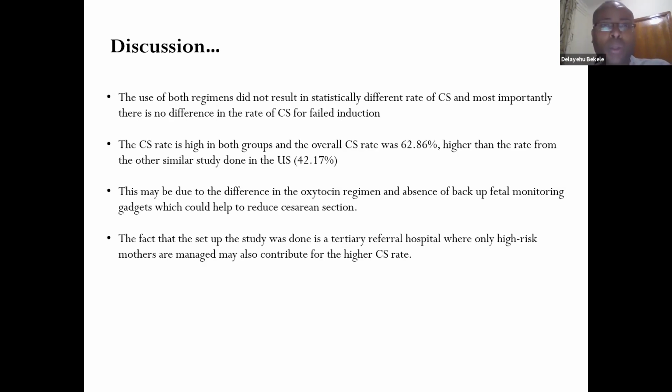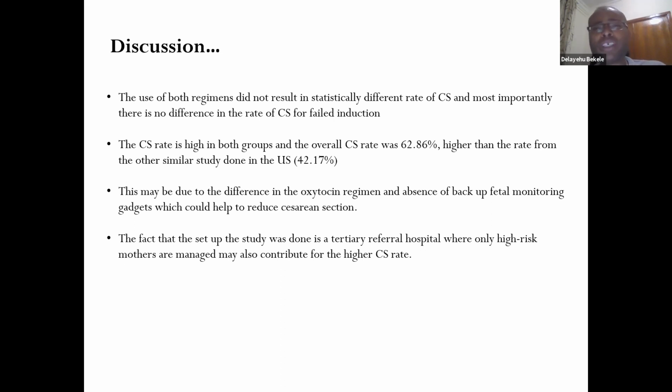And the use of both regimens did not result in a statistically different rate of Cesarean section, and most importantly, there is no difference in CS rate for failed induction. So the CS rate is high in both groups, and the overall Cesarean section rate was 62.84%. It's much higher than the rate from other similar studies in the US, which have shown a Cesarean section rate of 42.1%